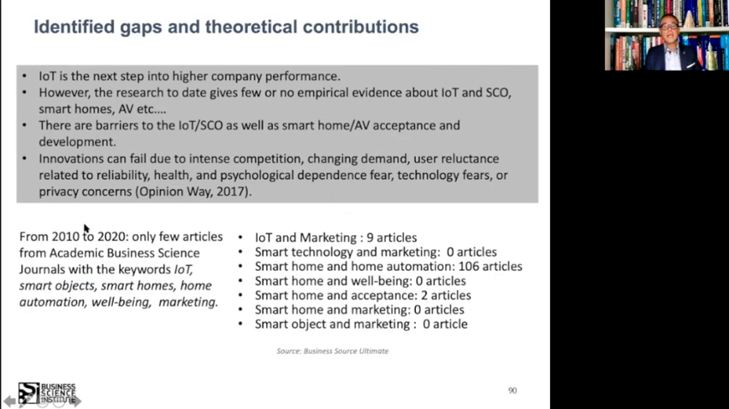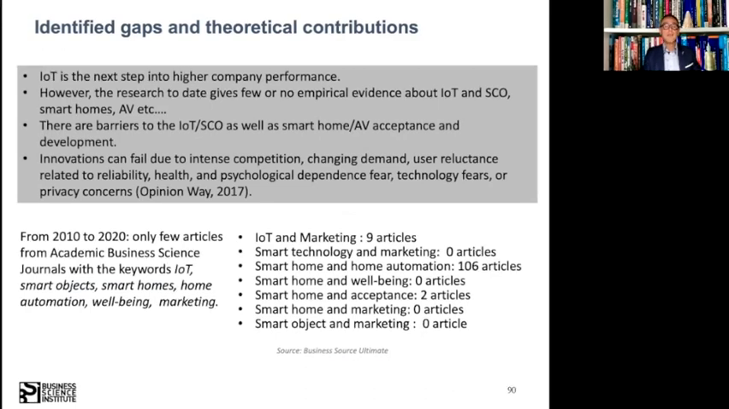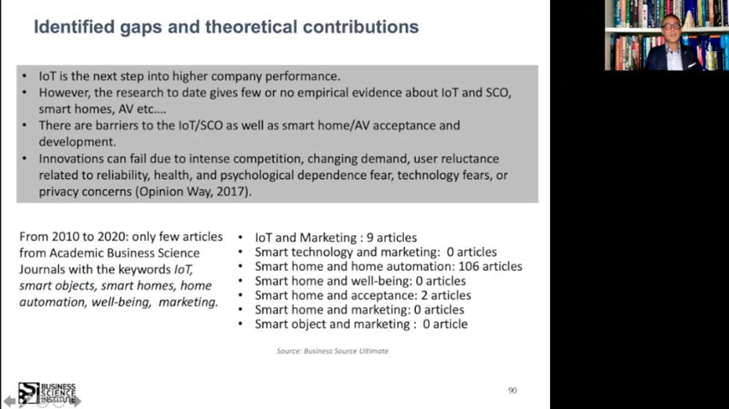We identified the following gaps and theoretical contributions after having done a literature review. IoT is the next step toward higher company performance, but there is little academic and empirical evidence about IoT and smart connected objects, smart homes, and autonomous vehicles. There are barriers to the acceptance and development of IoT, smart connected objects, smart homes, and autonomous vehicles. And innovations can fail because of competition, changing demand, and user reluctance related to reliability, health, psychological dependence, fear, namely technology fears,